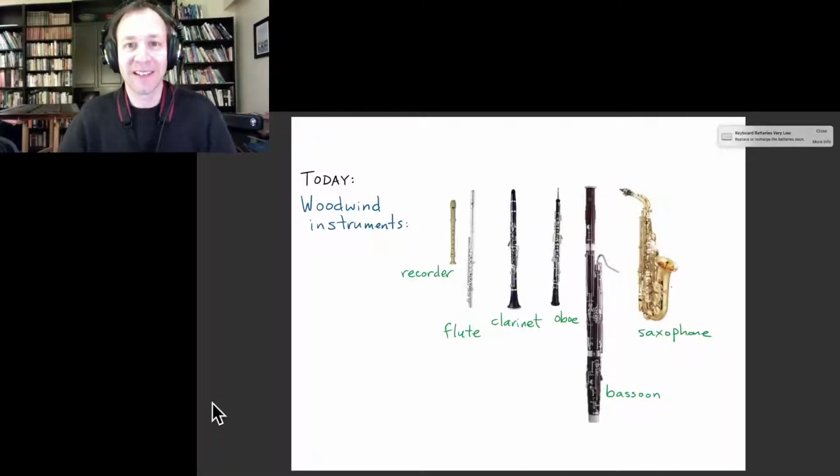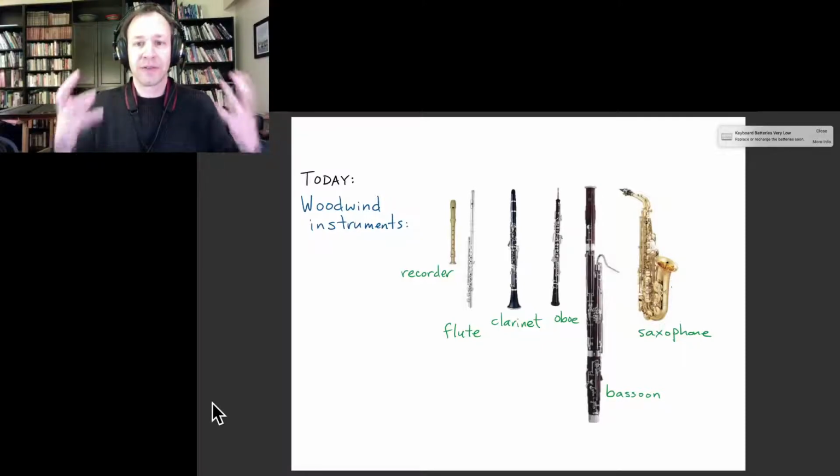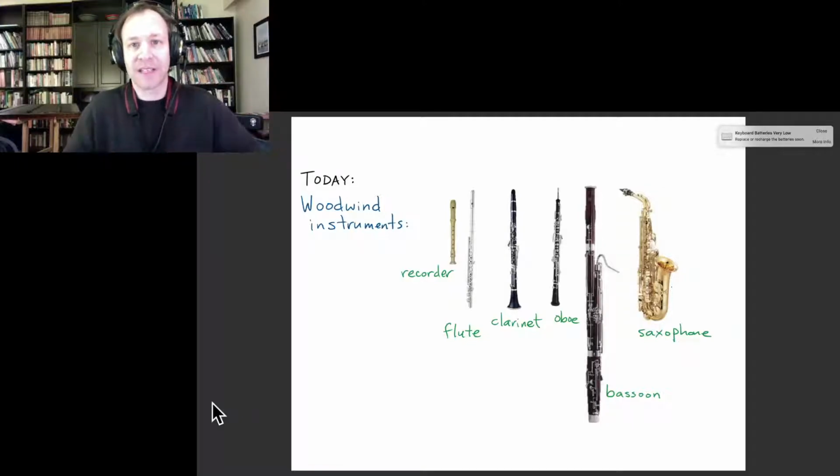So welcome back, and today we're going to talk about probably my favorite family of instruments, since I personally play a few of them, mostly the saxophone, but a little bit the clarinet and occasionally the recorder. And so I'm going to just start maybe by demonstrating a few of those and kind of emphasizing how different